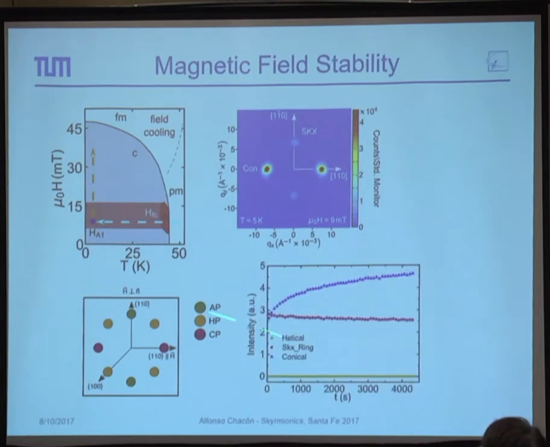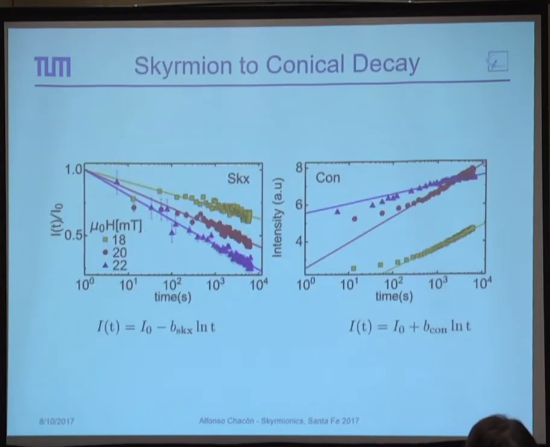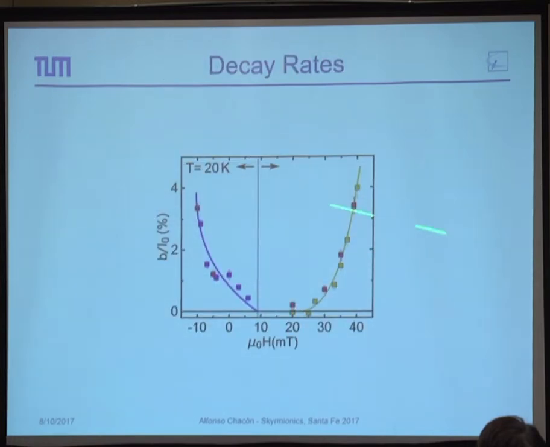These are the intensities that we obtain at the conical phase. You see again, there's a transition into the conical phase, an increase in the intensity of the Skyrmion lattice, and as I mentioned, no intensity at all in the helical phase. So here again, we observe an increased rate of decay for increasing fields. The signature is again very much logarithmic, and for the conical state, the signature is a bit more complicated, but here there are other effects that come into play regarding the intensity, and there's no point in norming the intensity to the starting value, since we are increasing it, there's no information. If we measure this for different fields,